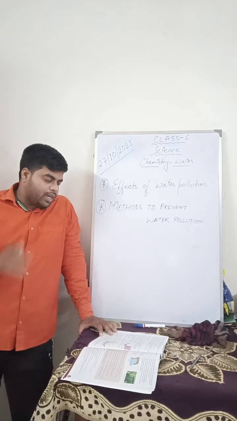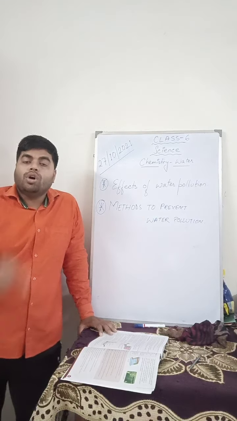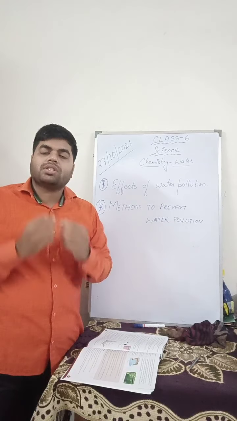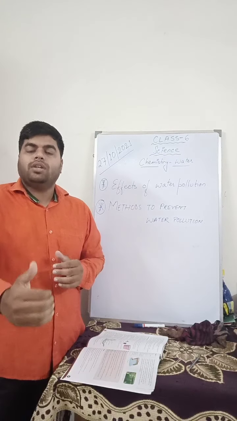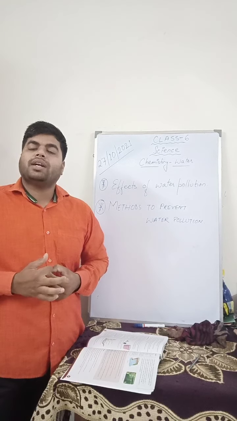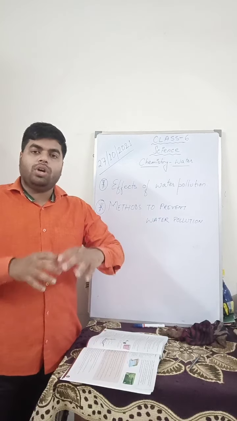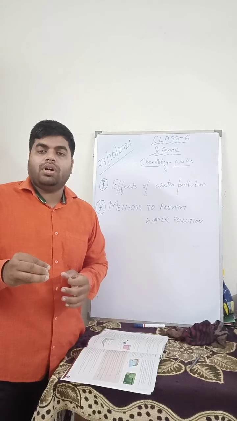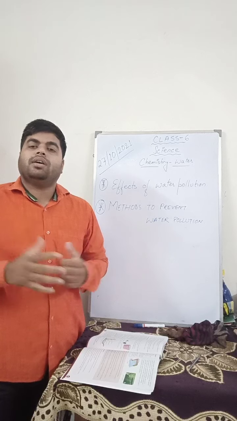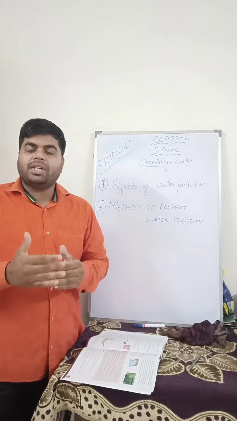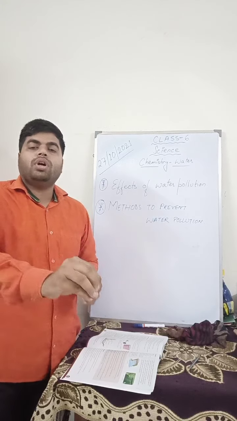Toxic chemicals and waste products released from industry should be treated before being disposed of into water bodies. That means the poisonous chemicals, the poisonous compounds that are released by the industries should be treated so that they don't reach the water bodies and start contaminating. So they should be treated properly, they should be disposed of properly. There should not be a let out where the poisonous compound or poisonous chemical reaches the water bodies and starts contaminating the water. So there should be some treatment process so that toxic chemicals or compounds do not reach the water bodies.